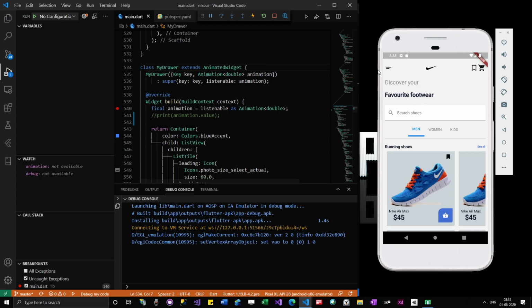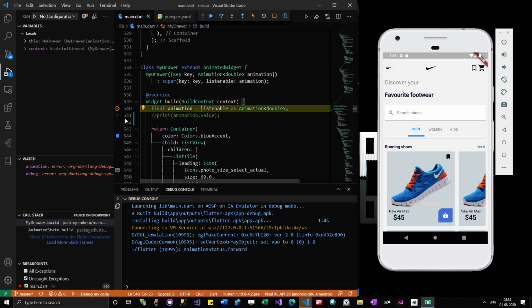So whenever I click on this icon, I am checking whether this point of code is reached or not, or I want to know what is the flow of execution after this point of code is reached. I will just click over here and you can see the execution has stopped here and the menu is not yet appearing. So now what I can do is, you can see there are a number of options. Click on continue, step over, step into, step out.